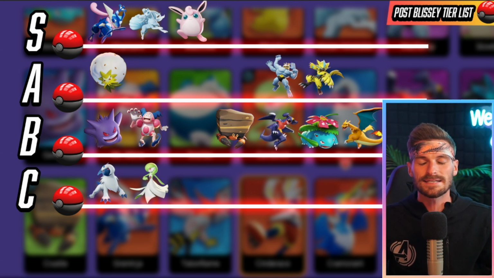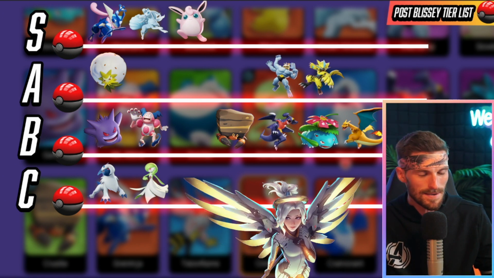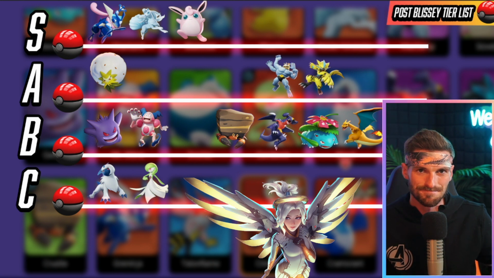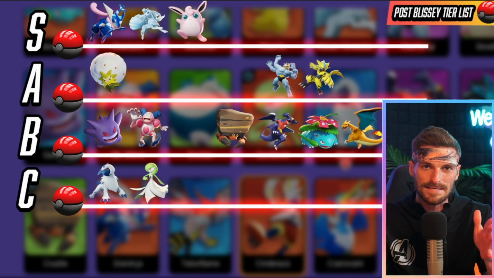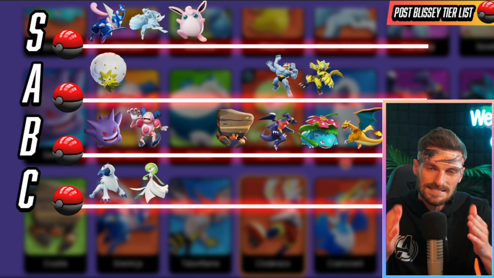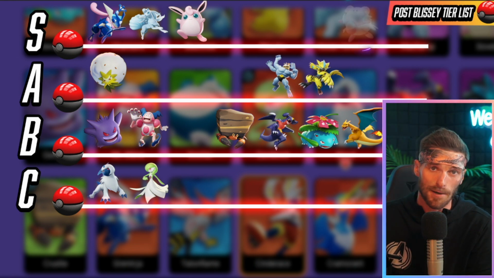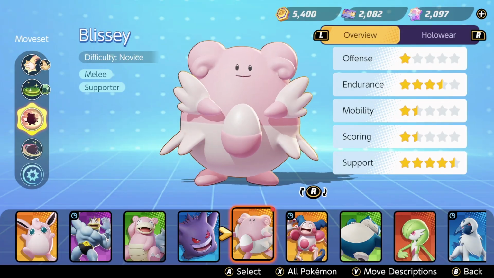And when it comes to games with healers, again, kind of referencing Overwatch, you had Mercy in the game and then you had a bunch of other healers when it came out, and people just played Mercy because if you're doing a healer, you want the best in the business. You don't want a second-tier doctor doing your heart surgery. You want the best in town, and that's going to be Blissey for now. And with that being said, we might as well move on to Blissey, who is going to be in the